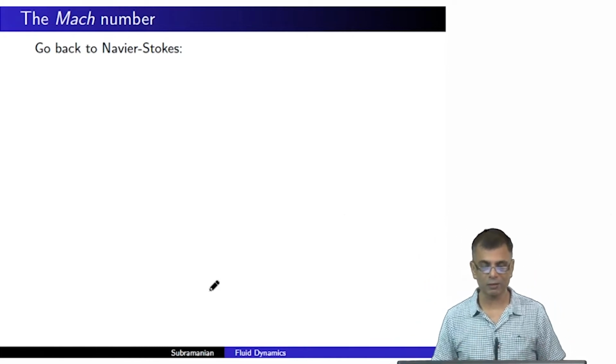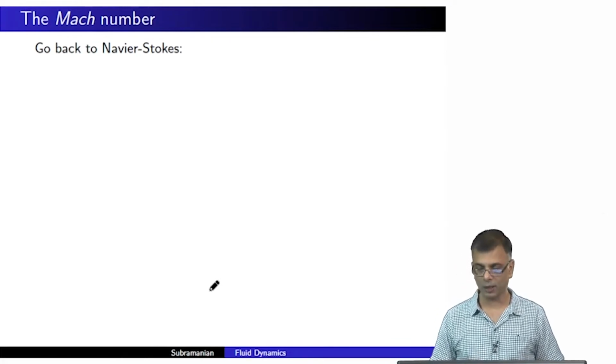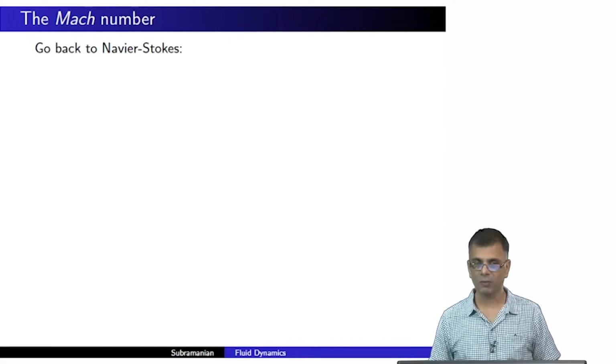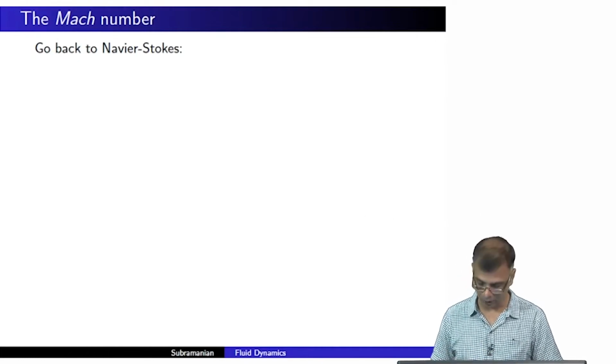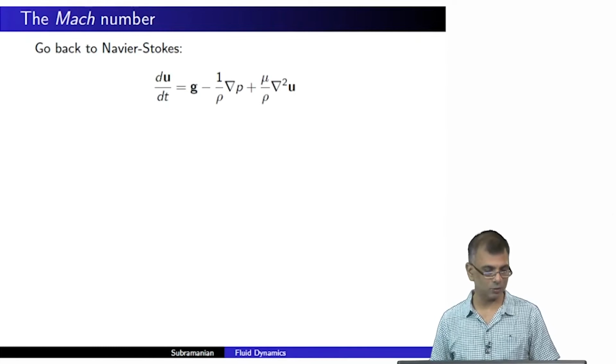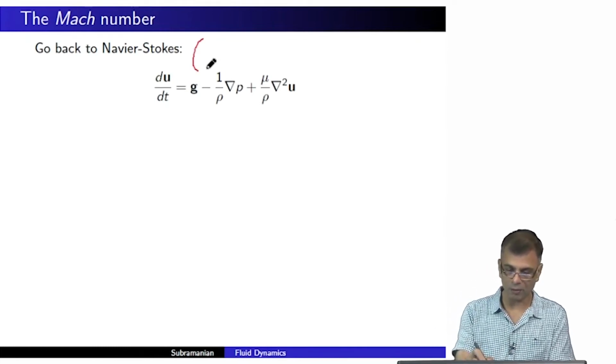Right. So now let us go back to the Navier-Stokes equation, and we've already done this. We've already encountered the Mach number. No harm in a little bit of repetition, because now we're talking about the speed of sound, and this is a very important topic. So let's go back to the Navier-Stokes equation for a minute. And so this is what it was. This is of course the Navier-Stokes equation written